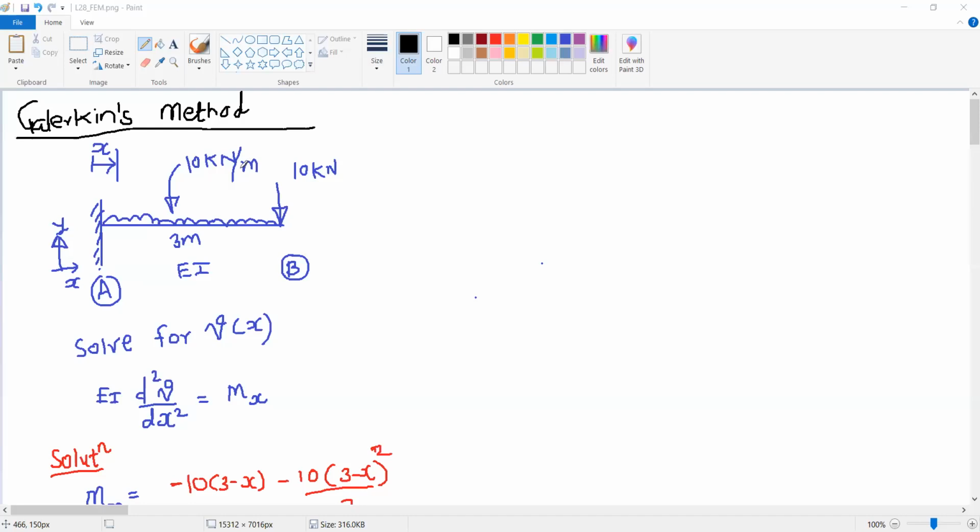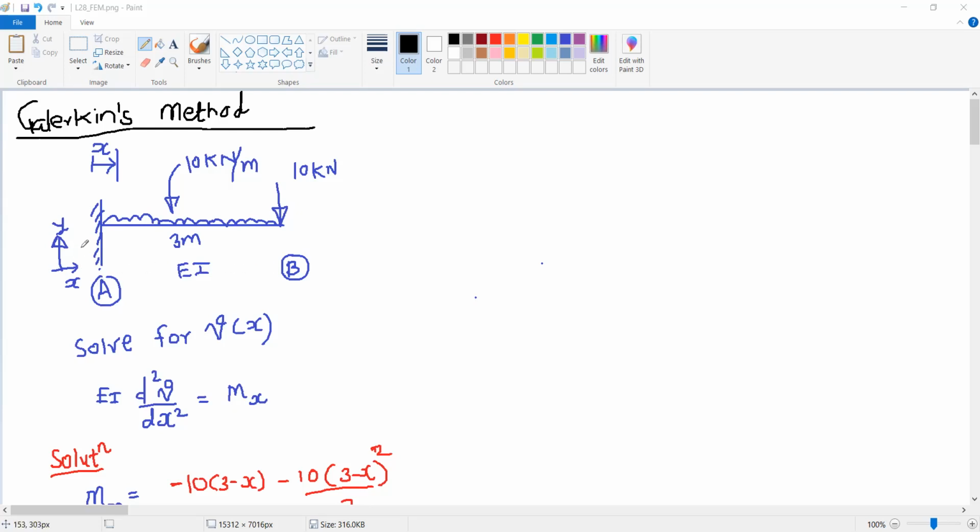Instead of solving the same problem that we were solving earlier, now let us solve a problem in the civil engineering domain. Let us say you have a cantilever beam AB loaded with UDL of intensity 10 kilonewton per meter as shown, and a point load of 10 kilonewton at the free end as shown. Let us say end A is the origin, X is